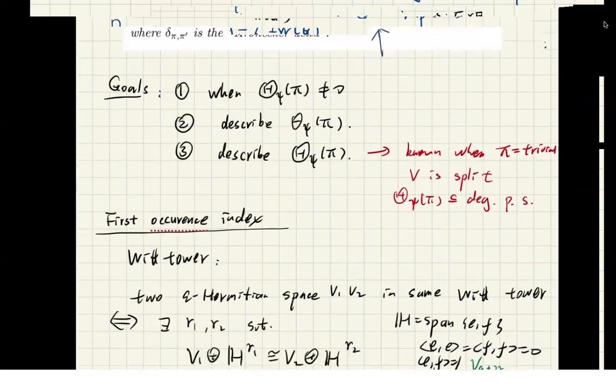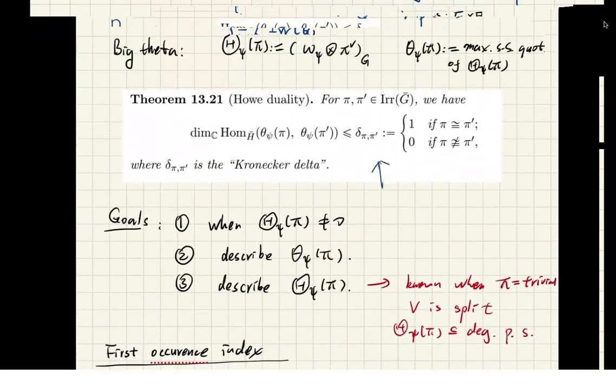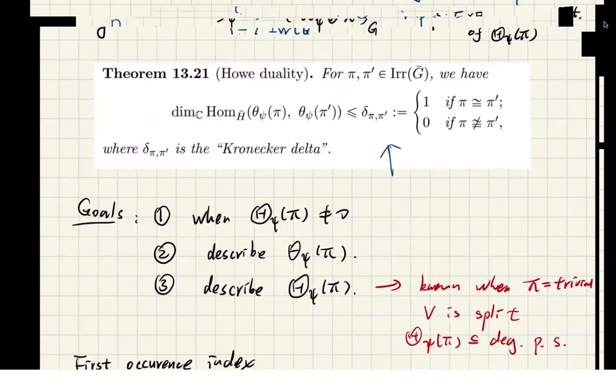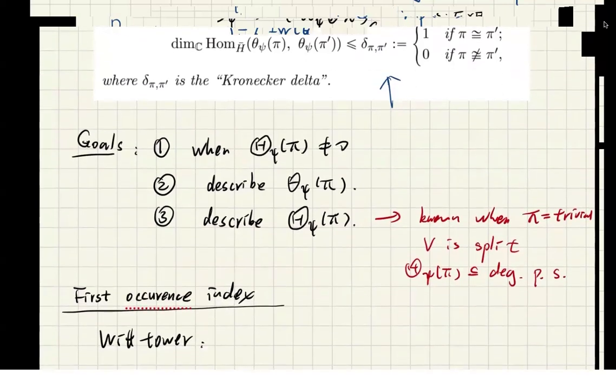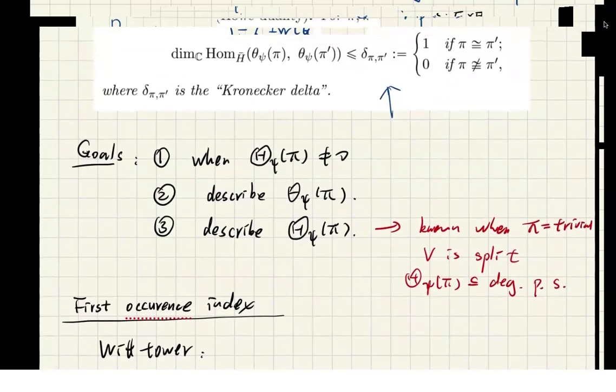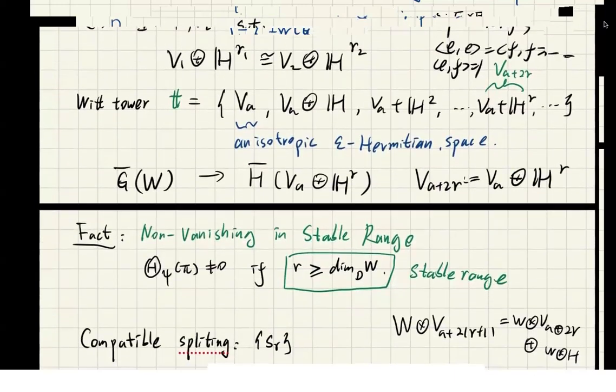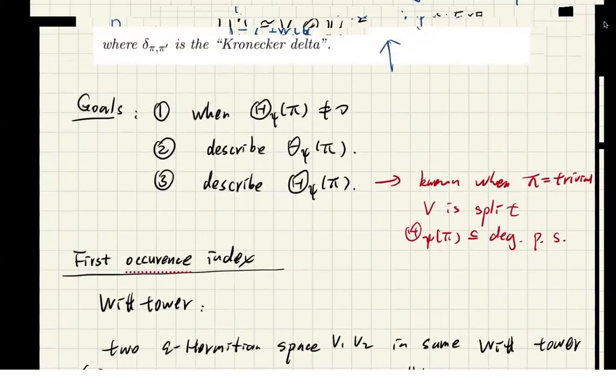Then I mentioned three important questions for the theta correspondence. These are basically the central questions. The first one is to determine when a representation occurs in the theta correspondence. Second is to describe the small theta. Third is to describe the big theta. Today I am going to take a deep zoom-in look at this topic, focusing on the complex group. But before that, last time we mentioned the occurrence,